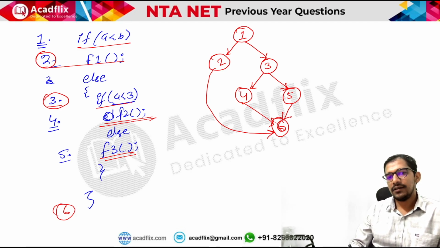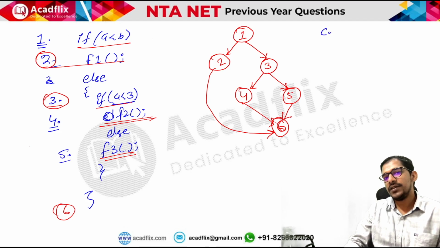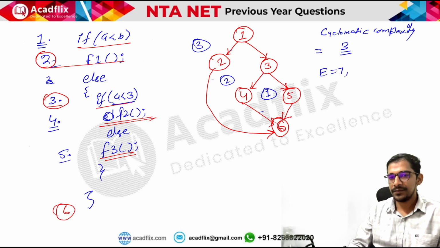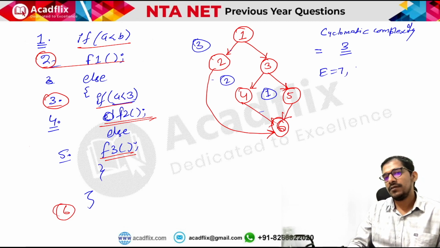So you will need to find out the cyclomatic complexity of this. The cyclomatic complexity of this particular graph will be very simple. First thing is you can find out the number of regions. So this is one region, this is the second region, and the outer region is the third region, that is the unbounded region. So there are 3 regions in this graph. That means cyclomatic complexity is 3. Second method is you can count the number of edges, that is 1 2 3 4 5 6 7. So the number of edges in this graph is 7, and the number of nodes in this graph is 4 plus 2 is 6. Number of nodes are 6.